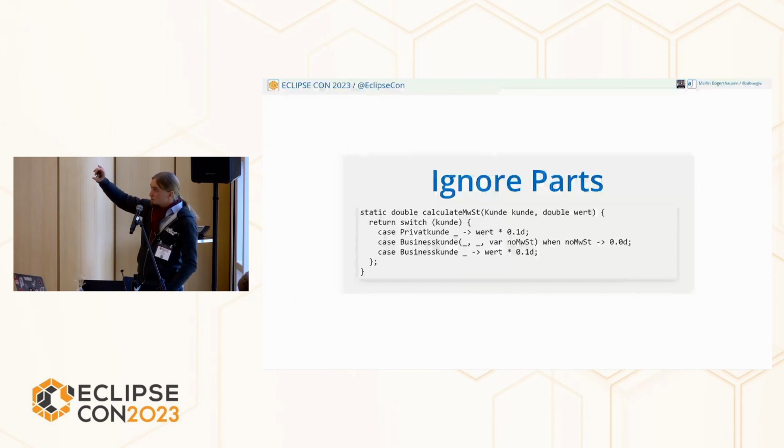So the question is mostly about coupling between the logic and the data hierarchy here. If you change the constructor of the business Kunde, you change the model of the business Kunde, because it's not a separate constructor. You change the fields inside the record.